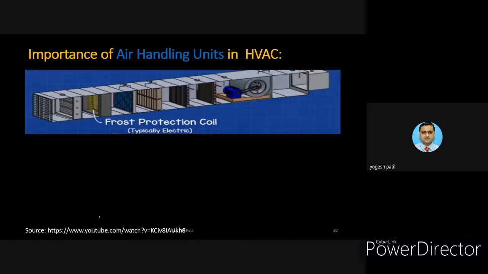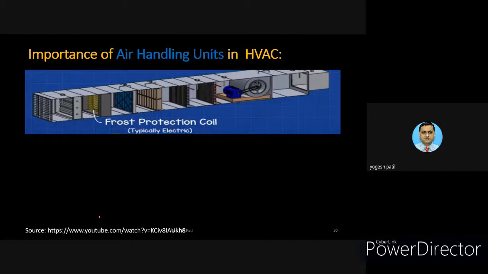Then in some advanced types of AHU, some other parts are also mounted on a basic AHU. What we saw earlier is the basic AHU, but in some advanced types of AHU, some additional functions are available based on the location of the AHU, or the places where the AHU is mounted. Some countries always have very low temperatures, and some countries always have high temperatures. Based on such conditions, these particular additional things are also mounted.